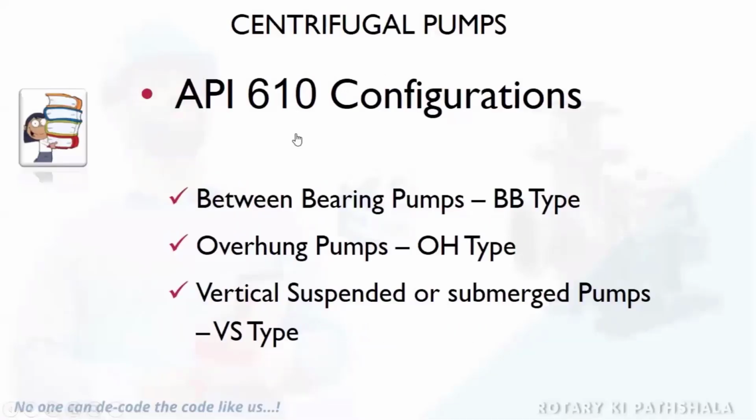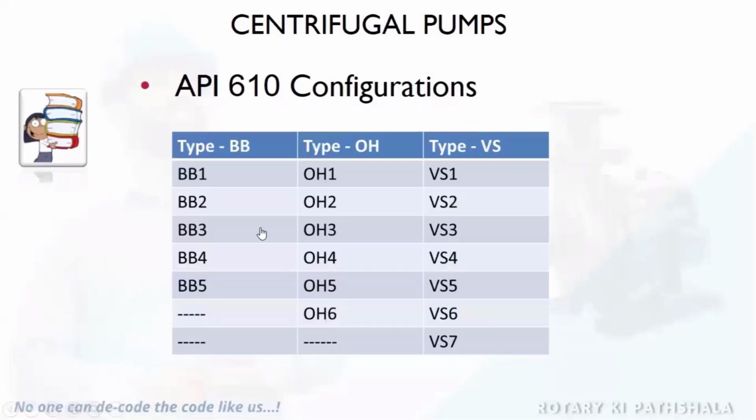Now there are different configurations as per the API code. Broadly, they are classified as between bearing, abbreviated BB type, overhung pumps, OH type, and vertical suspended or submerged pumps, VS type. These are the three broad classifications of configuration under API 610. Under these three classifications, BB, OH and VS, there are sub-classifications: BB1 to BB5, OH1 to OH6, and VS1 to VS7. So there are a total of 18 configurations under this API